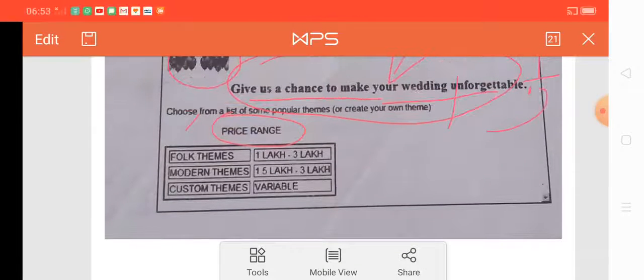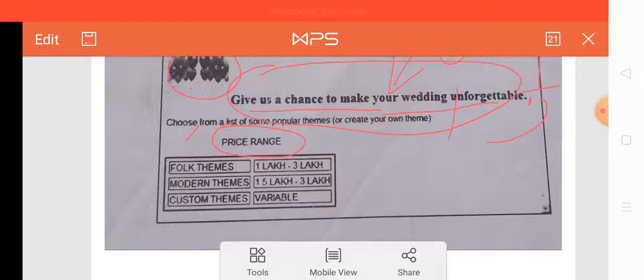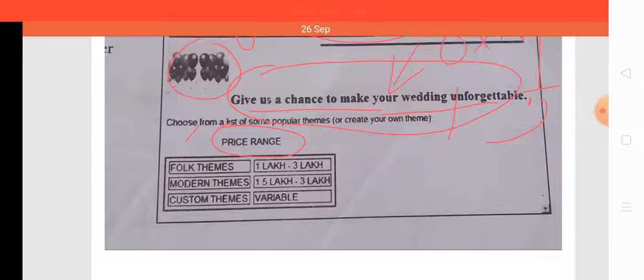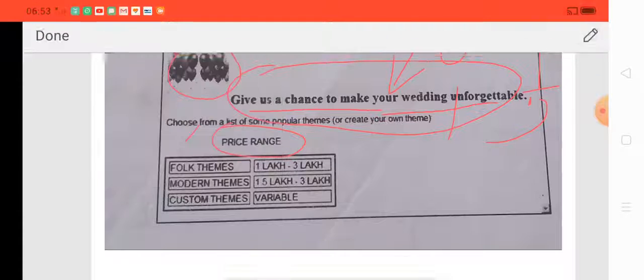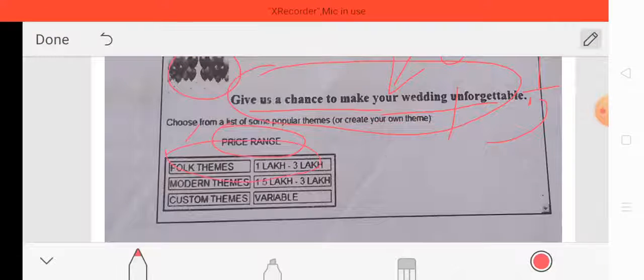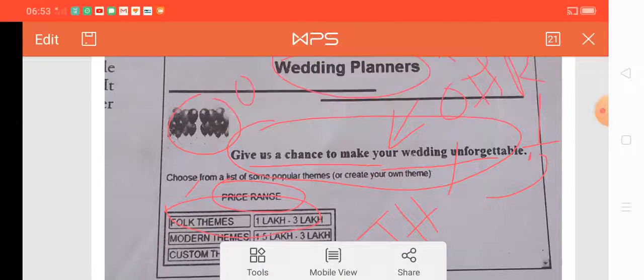In case of a table, it is also possible that the first row represents the table header. If it is so, then we use the TH tag, but in this case it is not so. So the TH tag is not used. So basically, whenever there is a table in a web page and we have to identify the tags used in that web page, then related to table at least 3 to 5 tags must be there. Okay, so we just have to identify them and write the purpose of the tags that are used to create a table.